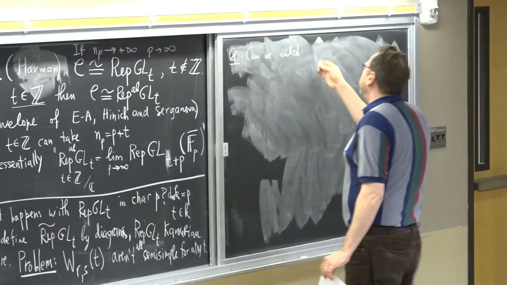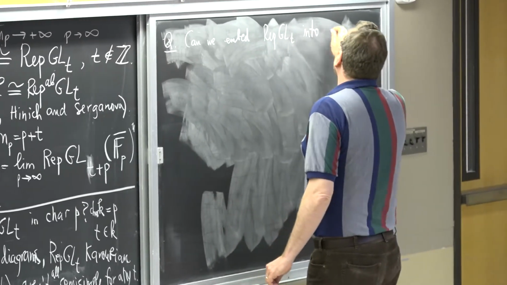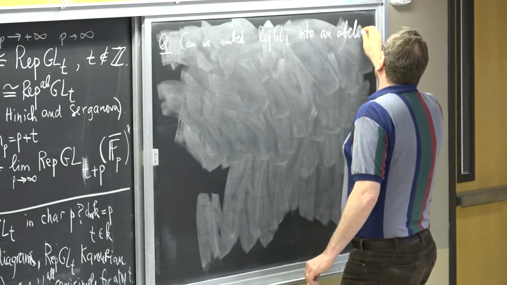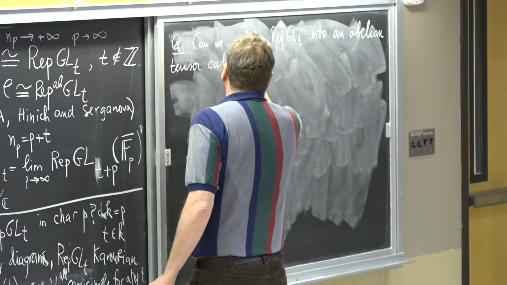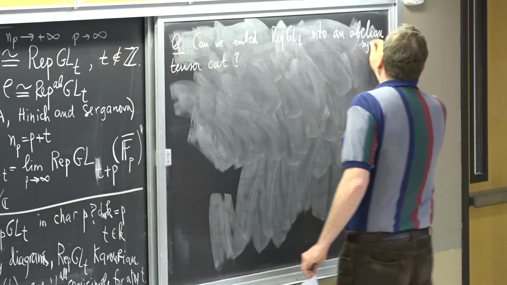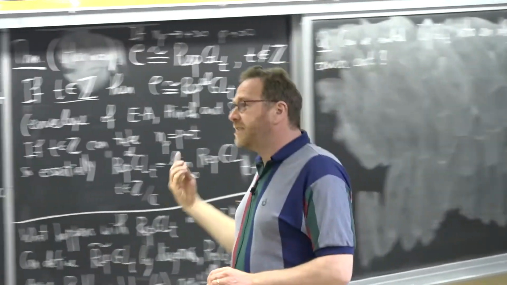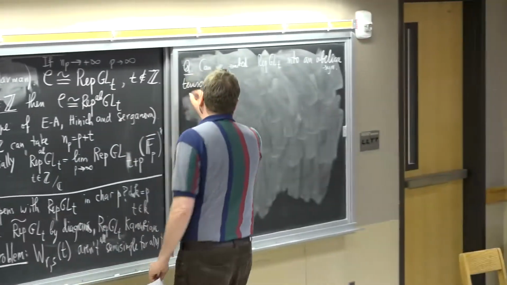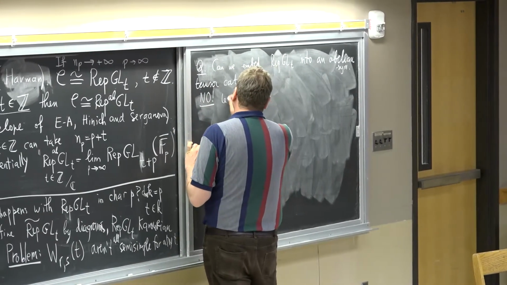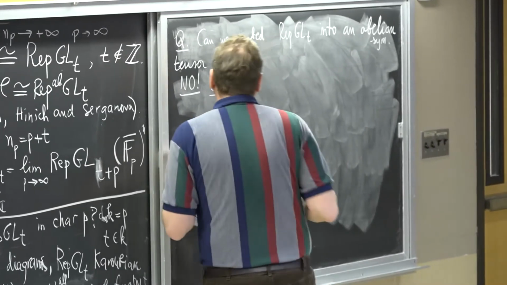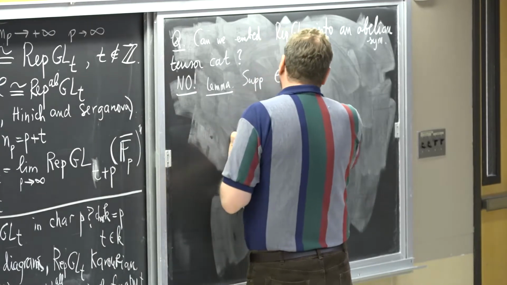And the question is, can we embed this Rep GL_t into an abelian symmetric tensor category? So the same question, does there exist an abelian envelope? And in this case, the answer in general is no. So what happens is the following. This is because of the following lemma, which is very nice, and which says that suppose C is a